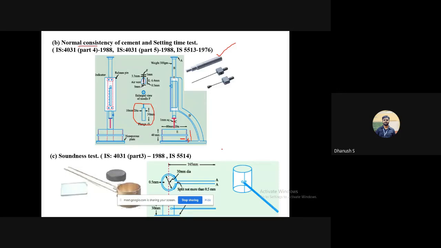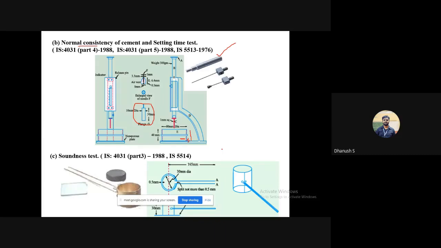Okay, so you discard that sample entirely, take 400 grams of new cement again, and to that add 29% by weight of water. Make paste again. Check how much is the depth of penetration from the bottom. See if it is between 5 to 7. If it is between 5 to 7, well and good. You report that the normal consistency for the given sample of cement is 29%. If it is not, discard that sample again. Take 400 grams of new cement. Take 30% water, make paste. Similarly, keep repeating the process until you reach 5 to 7 mm penetration from the bottom. Okay, so that is your standard consistency.